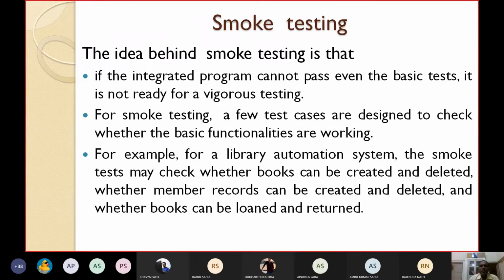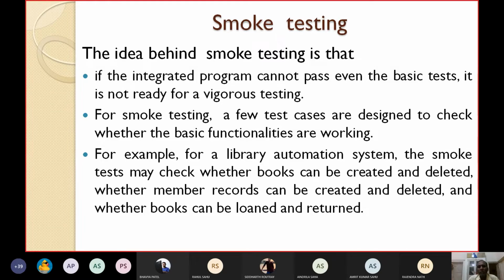So before going to integrated system testing, for a library automation system, what should the smoke test cases include? They should check whether book records can be properly created and deleted, whether member records can be properly created and deleted, and whether a sample, specimen copy of a book can be properly issued and returned.